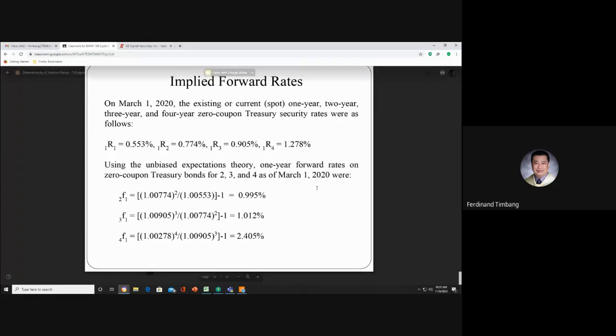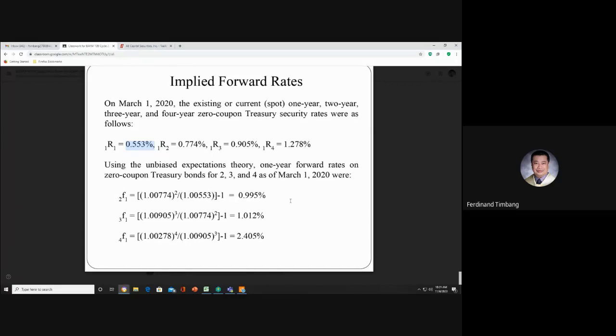For period 2 with 1 year maturity, we have 1.00774 raised to power 2, kasi 2 years siya, compounded. Ang rate ay 0.774%, kaya kinocompound natin ng 2 years. Divided by 1.0053, and then minus 1. Ang forward rate dapat daw ay